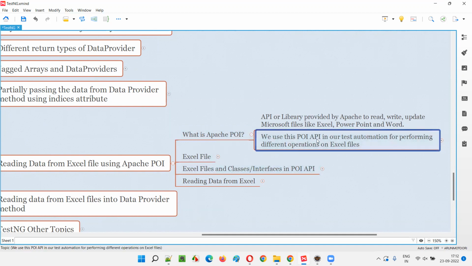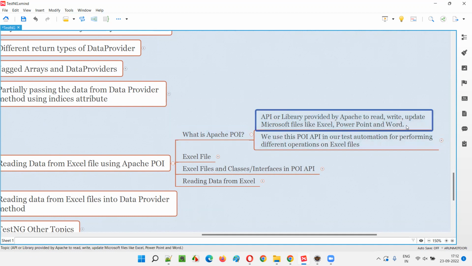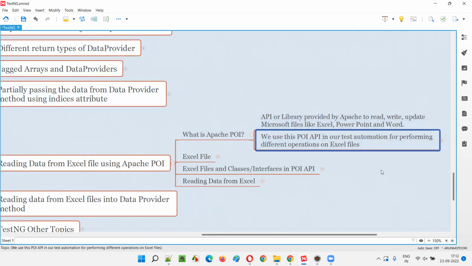Mostly, guys, we use this Apache POI API for handling the Excel files. Even though Apache POI API has the capability to work with Excel, PowerPoint, and Word documents, software testers or software test automation engineers will use POI API in our automation to perform different operations on Excel files, like creating the Excel